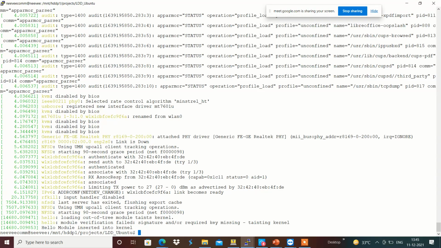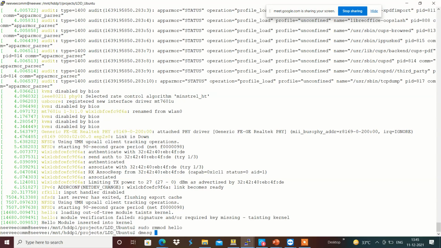And I'm going to do rmmod hello over here, and the hello module has been removed from the kernel accordingly. Yeah, like this we can explore in the normal Ubuntu VirtualBox as well, and we can explore this LDD program accordingly.